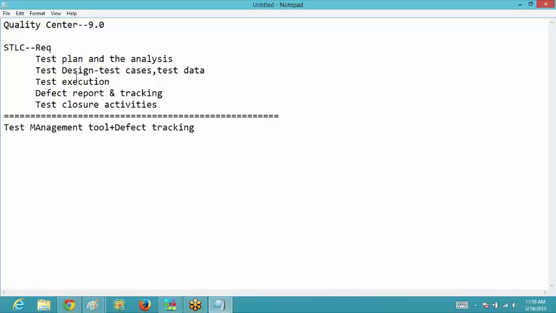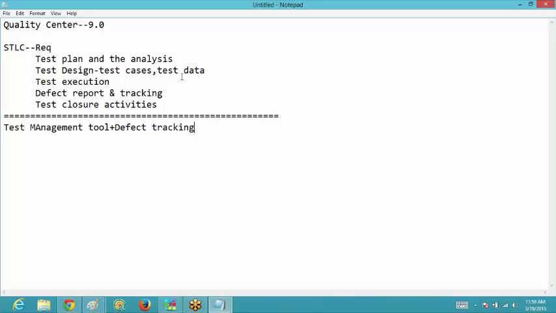So what all things are required in the testing process? From a tester's point of view, what do we need to write down? We need to write down the test cases and the test data. These things can be written in the test management tool, that is, the quality center tool. So we can write the test cases onto this tool and prepare the test data. Whatever you input in the quality center is not inputted on its own. You need to manually go and write down the test cases as you were writing them in the Excel sheet.